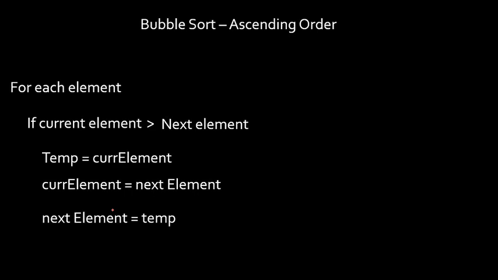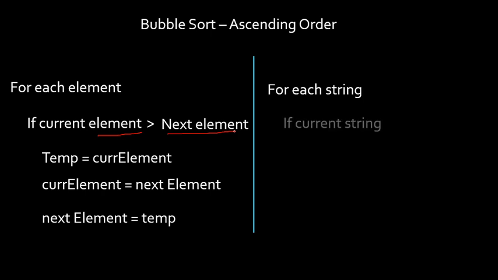Yes. Now what we'll do is we are going to sort words in ascending order. Now recollect sorting of numbers. For sorting of numbers, we will check whether current element is greater than next element, right? Exactly similar to this, instead of considering one integer, we are going to consider a string. Is it clear? Instead of an element, we'll consider a string. So for each string, instead of number, I am considering string here. Check whether current string is greater than next string. Can you all understand this?